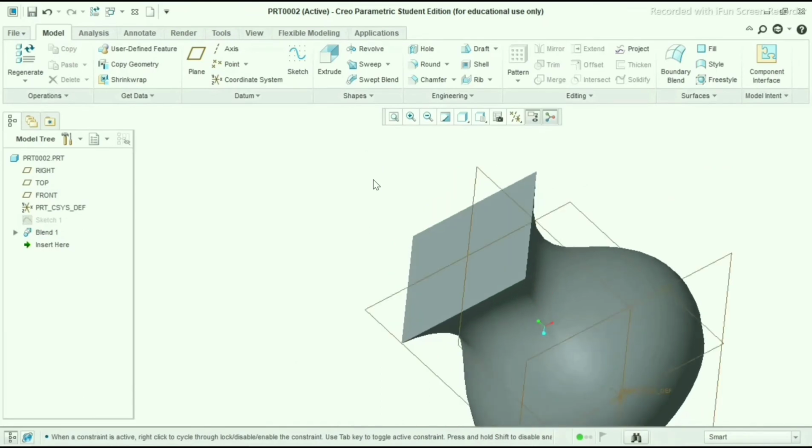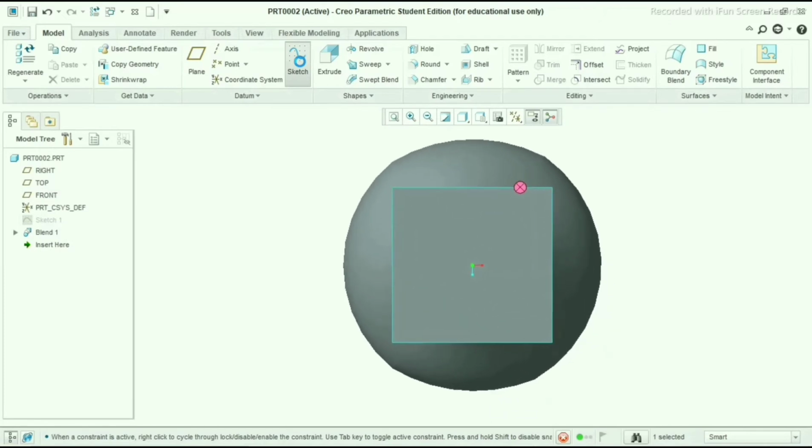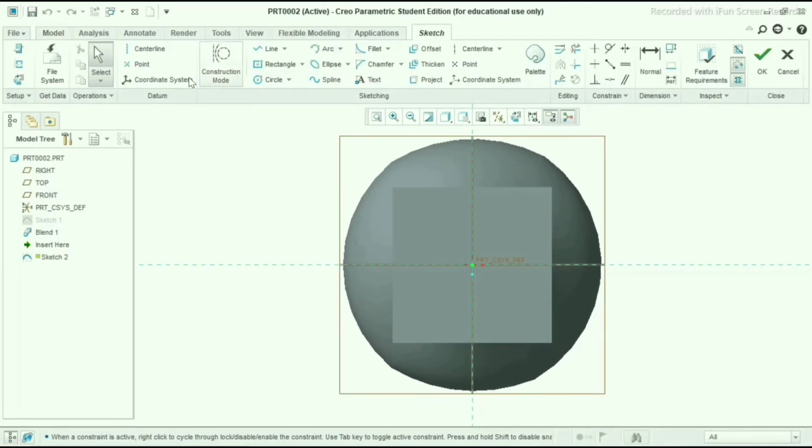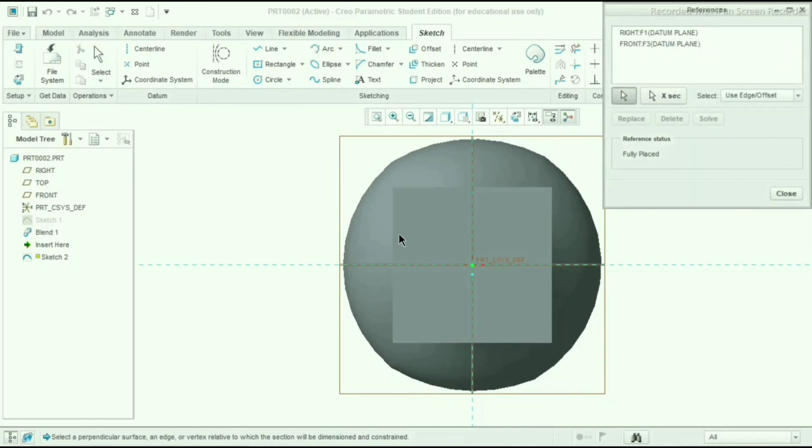Now again we have to make one geometry here. So select the top face of it, go to the sketch tool command and apply references on your left side.